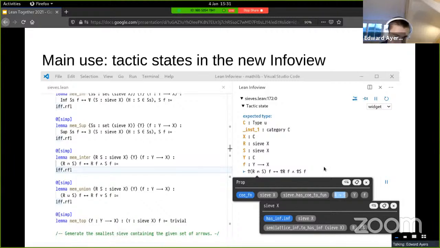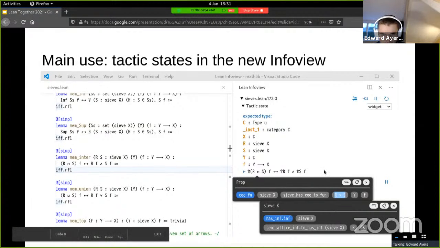And the cool thing is that because VS Code doesn't know about any of this tooltip stuff, it's all written in Lean,